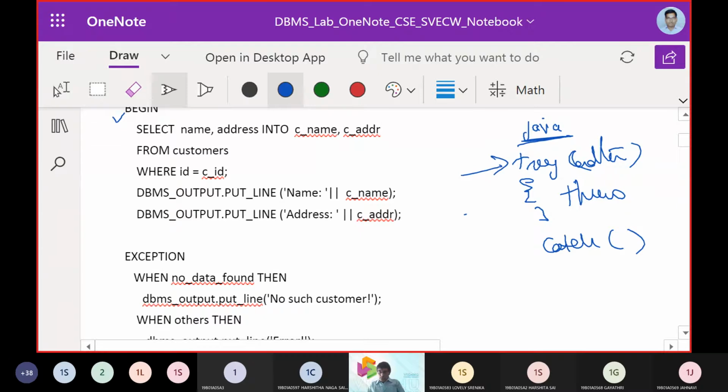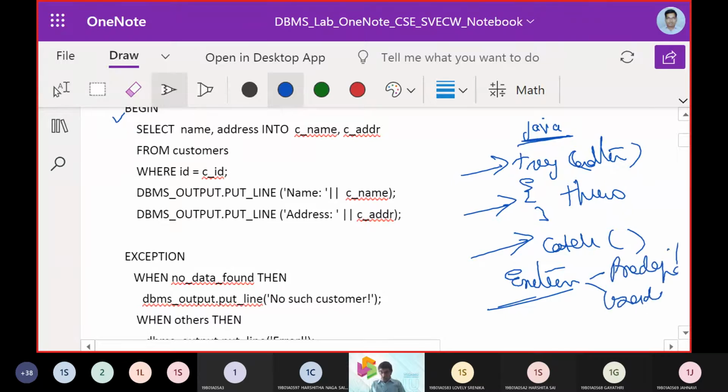You have a try block, you have a throw block, you have a catch block, and then you have an exception. So exceptions can be predefined or user defined.